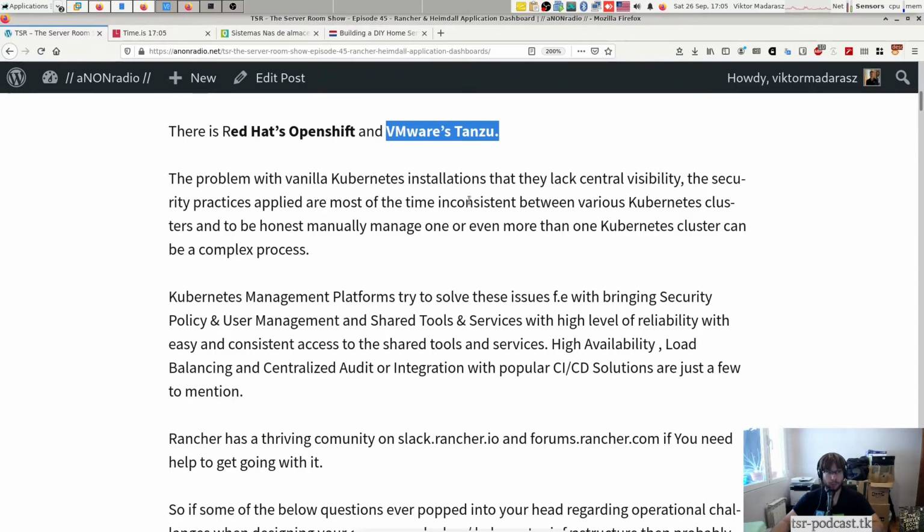And based on Rancher's telling of the story, they are in a couple of aspects solving these problems better than Red Hat's OpenShift and VMware's Tanzu. You can find those comparison PDF documents on Rancher's website, and based on Rancher, they sort out these problems better than the other two, because the main problem with a vanilla